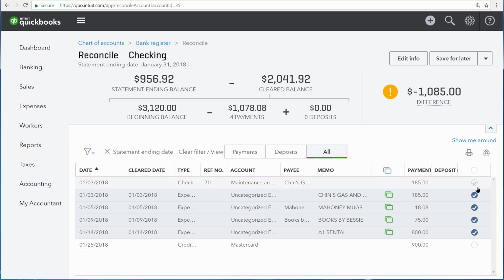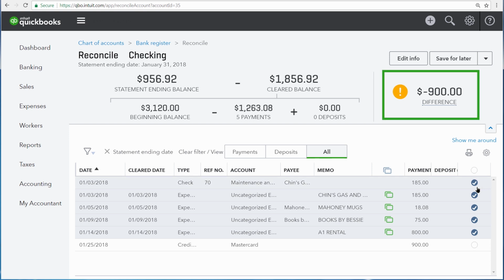If, however, you see any transactions that don't already have a check mark, that tells you that this transaction was manually entered by you or someone else in your company, and you have never downloaded a copy of that transaction through online banking. If you have any transactions that look like this, it's important for you to refer to your bank or credit card statement and see whether or not they appear on that statement. If they do, add a check mark.